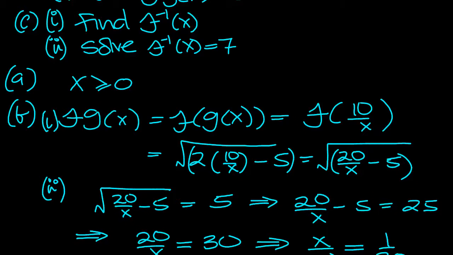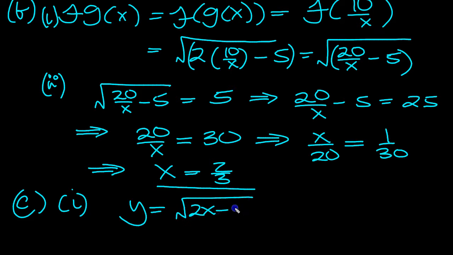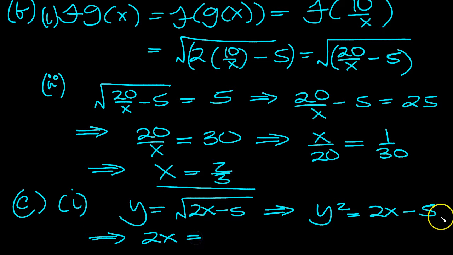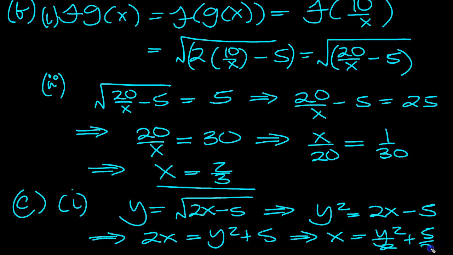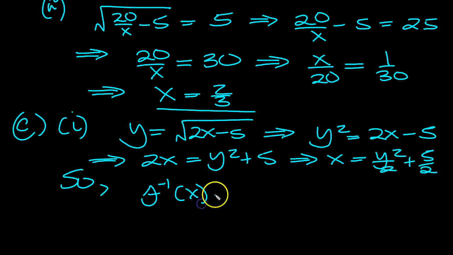Now part C, part 1, find the inverse of f. So first of all, y is equal to the square root of 2x minus 5. Square both sides then. Y squared equals 2x minus 5. Move the minus 5 over. So 2x will equal y squared plus 5. And then move the 2 from times to divide. Y squared over 2 plus 5 over 2. And now swap the symbols. So this would then be y, in other words it's the inverse function, and this would be x, so it's x squared over 2 plus 5 over 2. There's the inverse function,